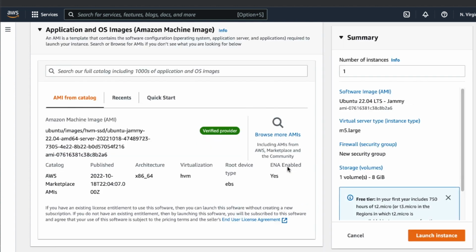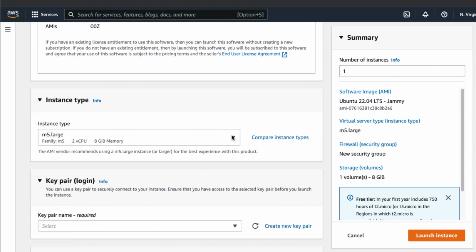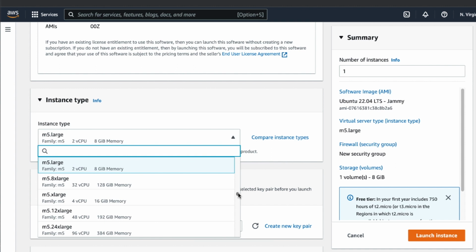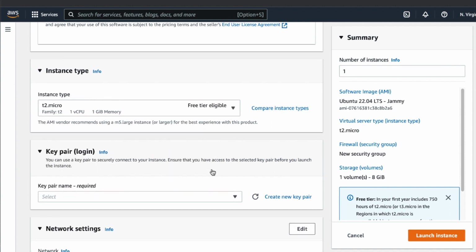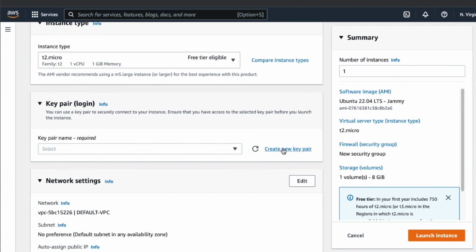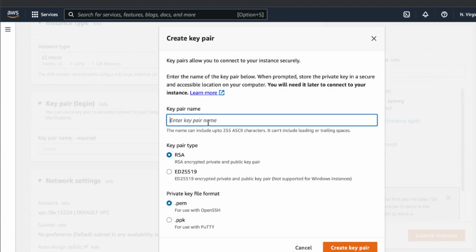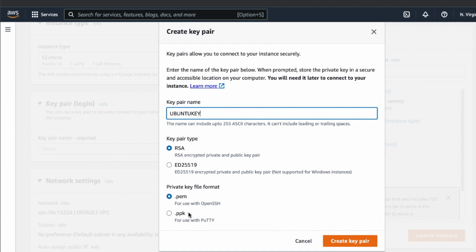Okay, so scroll down a bit more, and you now need to select your instance type. Click on the drop down, and I'm going to use the t2.micro instance type that is marked as free tier eligible. Next, I'm going to create a key pair file that we'll use to connect to the instance via SSH. Set the name to Ubuntu key. If you're using a Windows-based system such as PuTTY to connect, then choose the .ppk option. But if you're using a Linux or macOS device, then choose the .pem option